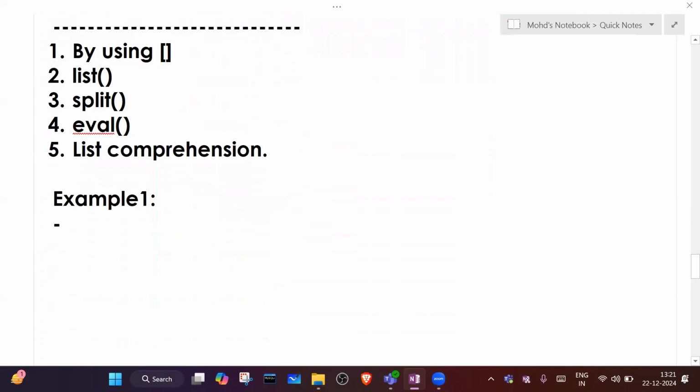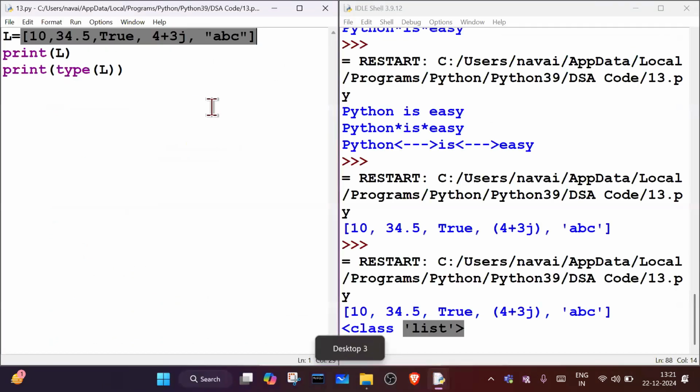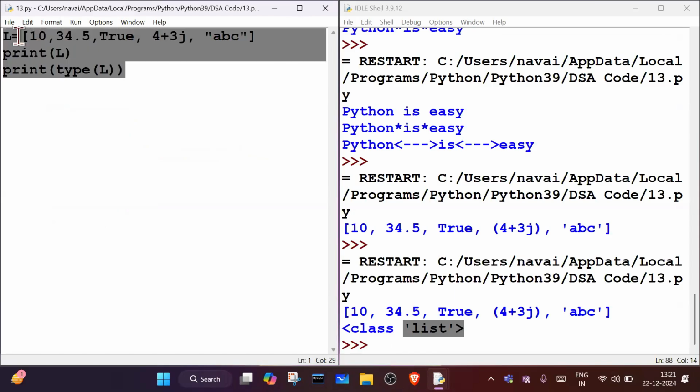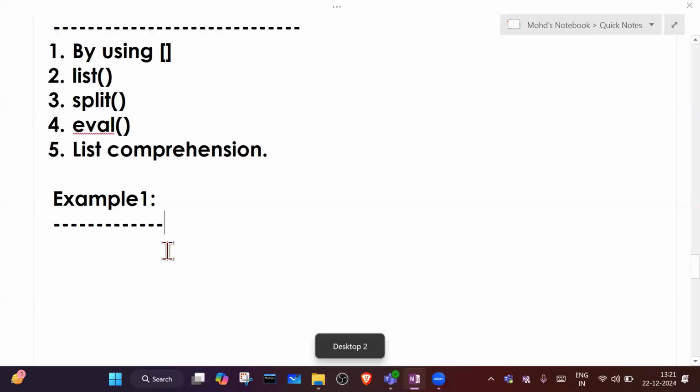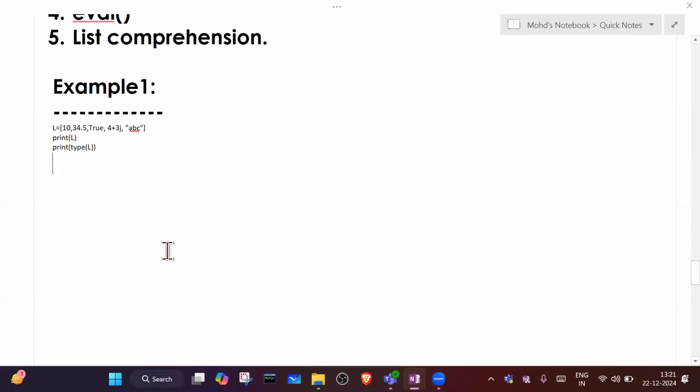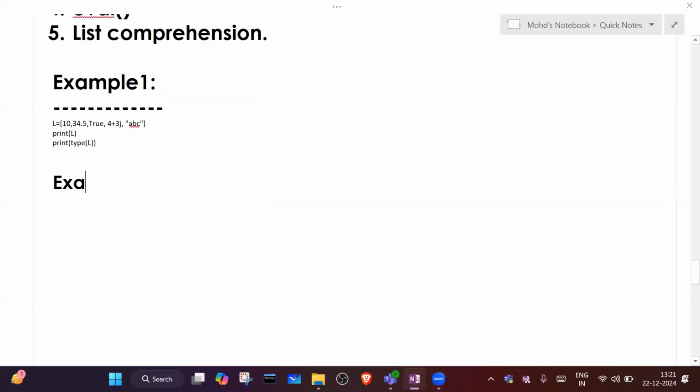Okay, so example one, how we can create a list using square brackets. It is very simple. With the help of square brackets, you can create the list. So this is the one example we have already completed. Okay. The second example is